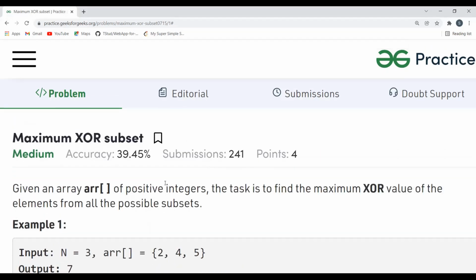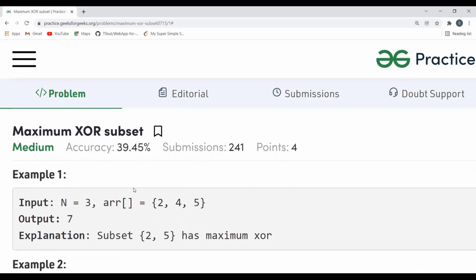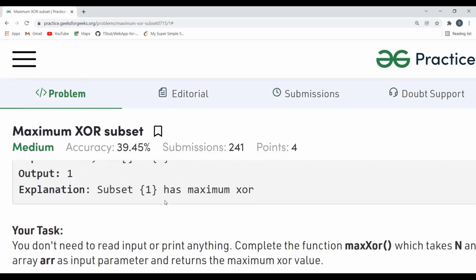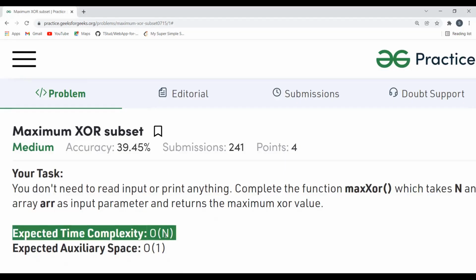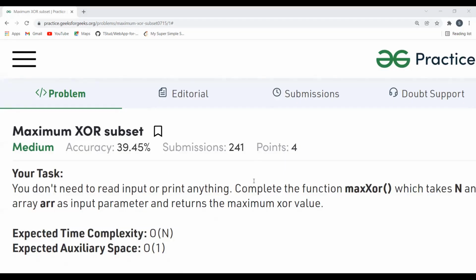Now the brute force approach, or I should say the simple solution that will be coming to your mind, is that what we can do is generate all possible subsets for the given array, right? This is the array given to us. We can generate all possible subsets and we can find the XOR of every subset, and whatever subset is giving us the maximum XOR, we can go with that. But just think about it. In this case, you will be getting time limit exceeded, right? Because they are expecting us to solve this problem with an approach having O(n) time complexity, right? So hence we cannot use that particular approach to solve this problem.